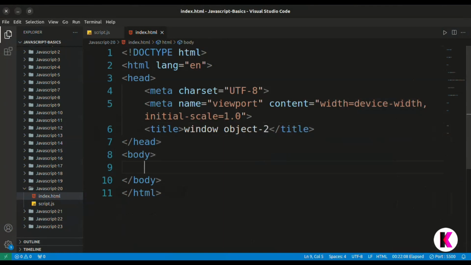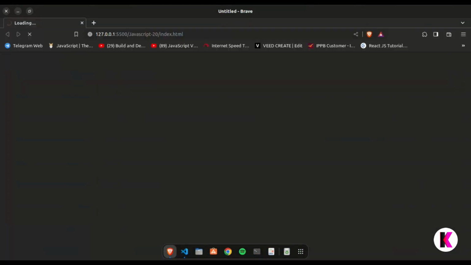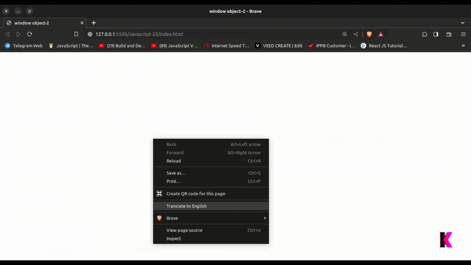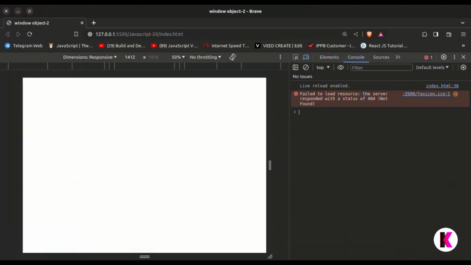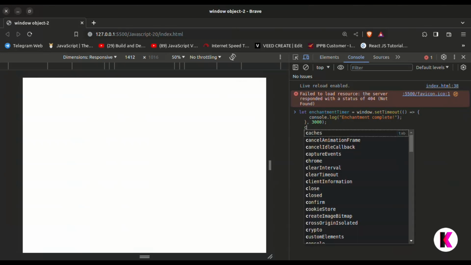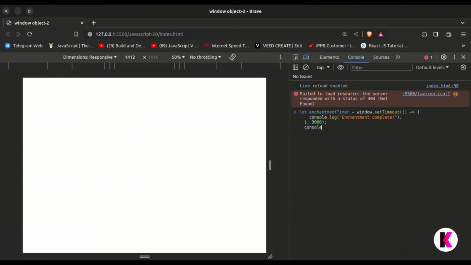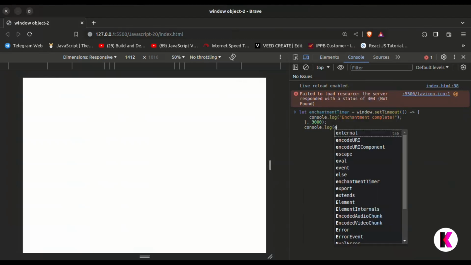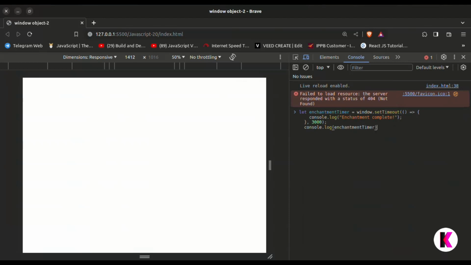And if I just go like this, and here we will go to inspect and just go to console, and if I print this setTimeout, here we have adjustmentTimer. So if I print adjustmentTimer, you can see this console.log and adjustmentTimer.